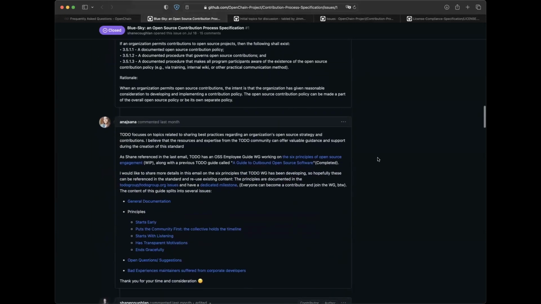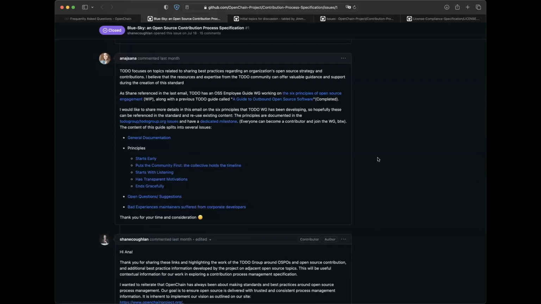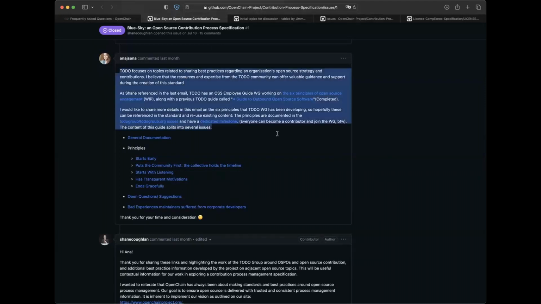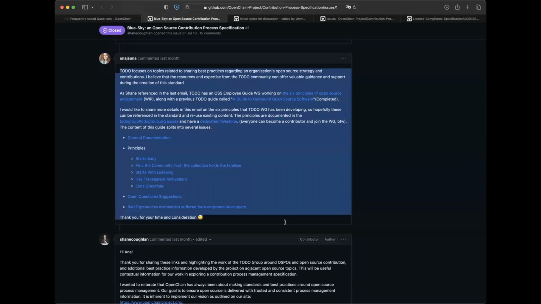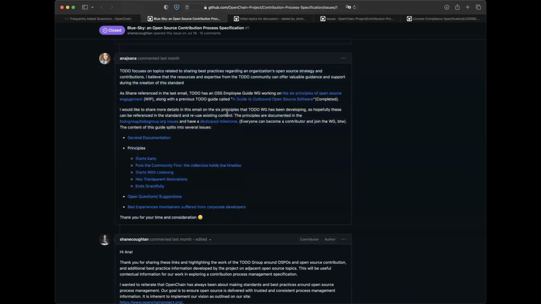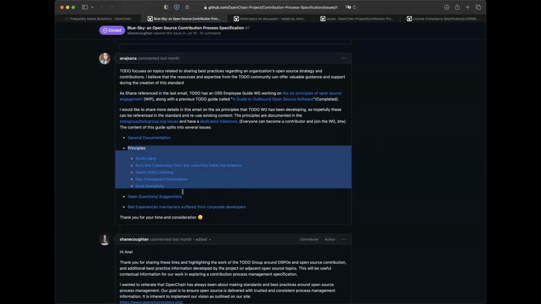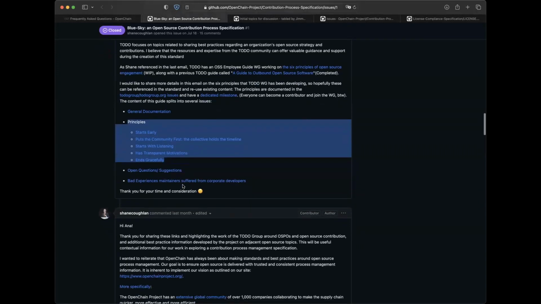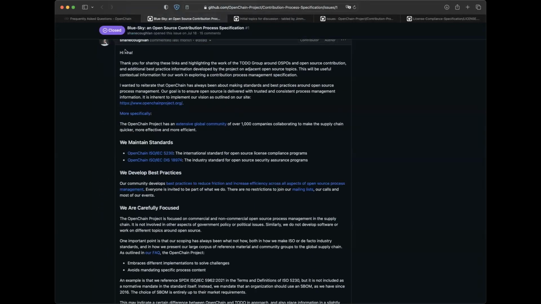And then the discussion pushed up on some of the boundaries I touched on earlier. Anna brought up some To-Do group material that talked about how contribution workflows can go. Something that To-Do is working on, the 6 principles of open source engagement. And she suggested maybe this could be included in our spec. Now, when this was suggested, it provided an excellent example of how we can take information, but also narrowly scope it. Again, this is all in the same issue 1.